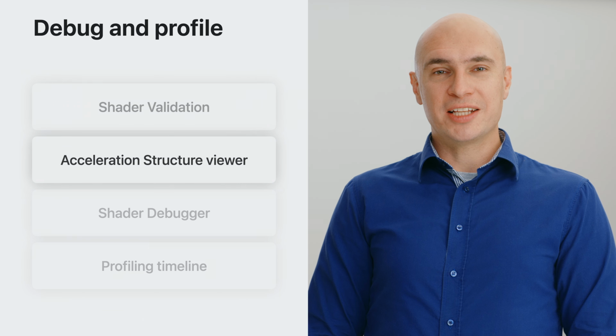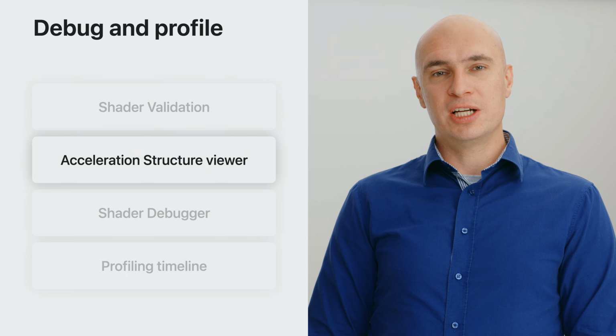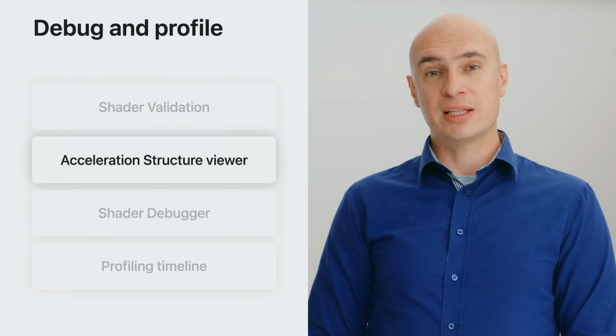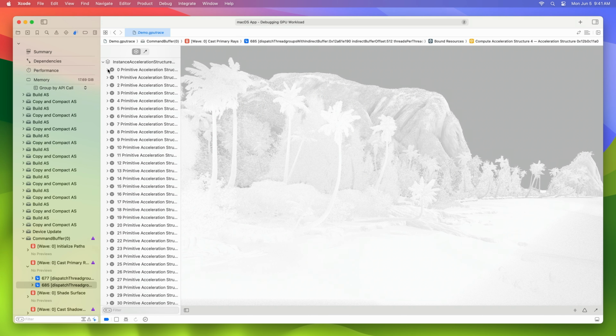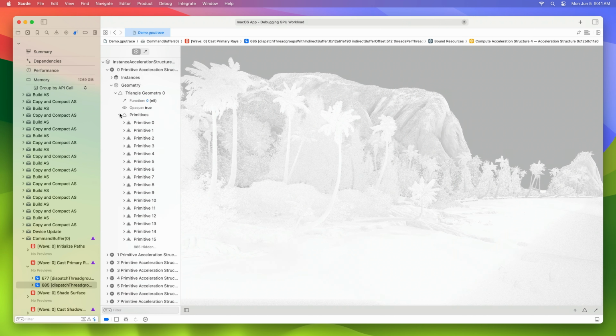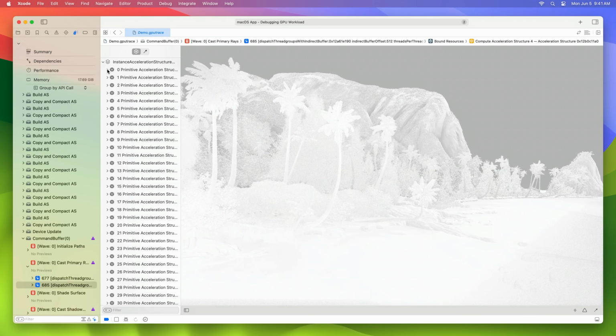Another tool that can help you is the state-of-the-art acceleration structure viewer. It enables you to inspect the scene which you use for intersection testing. When I open the acceleration structure viewer, I get an outline on the left for navigating the individual building blocks in the acceleration structure down to the geometry primitives. Here, it lists the individual triangles that make up the triangle geometry. On the right, I have a viewport where I can inspect the acceleration structure in various highlighting modes.